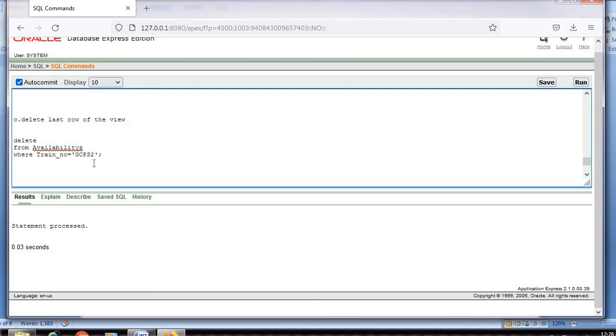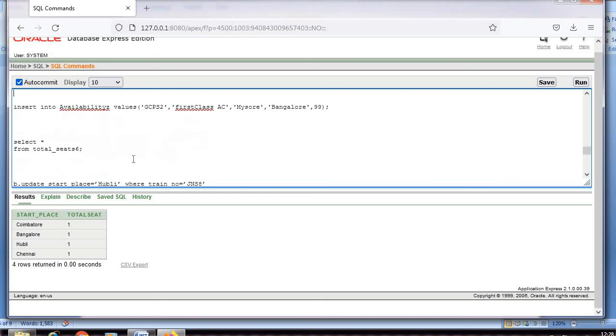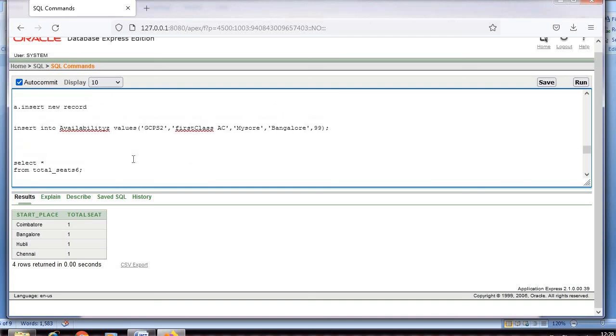If you want to see the changes, select star from the view name, which is total seats 6. This is the view. If I view that, one record should be deleted. I think it belongs to Mysore. Yeah, that got deleted. So I had inserted a new record named GCPS2.